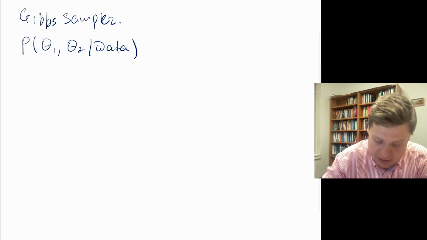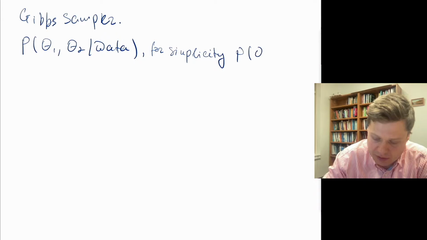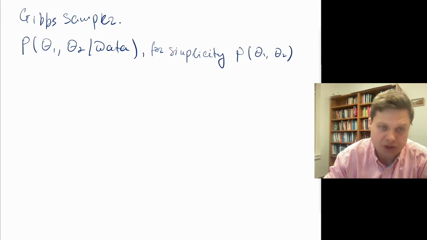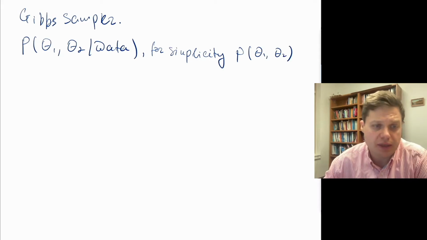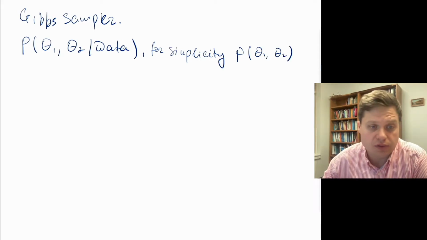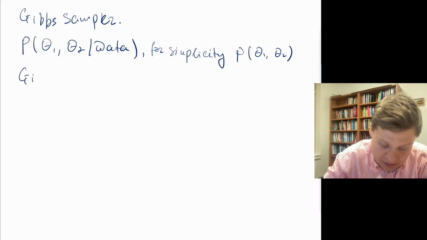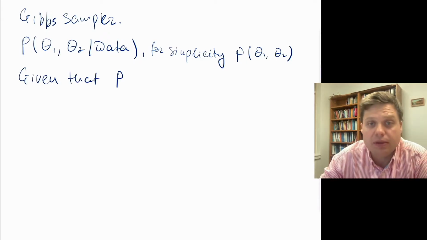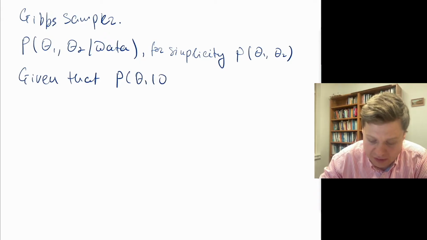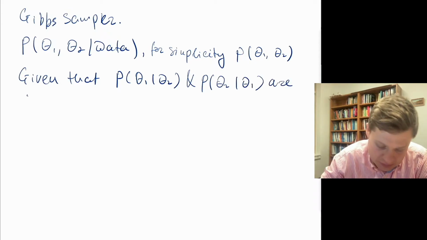So for simplicity, I will just write probability of theta 1 and theta 2. I'll just keep this conditional on data everywhere to make notation a little bit easier to follow. And the Gibbs sampler algorithm is very simple. So given that conditional probabilities are available, probability over theta 1 given theta 2, and probability over theta 2 given theta 1, if those are available,